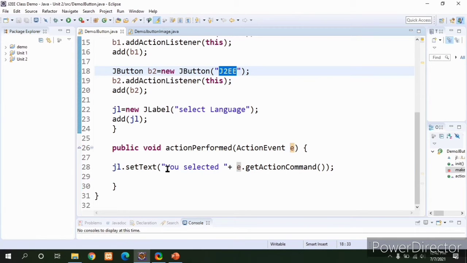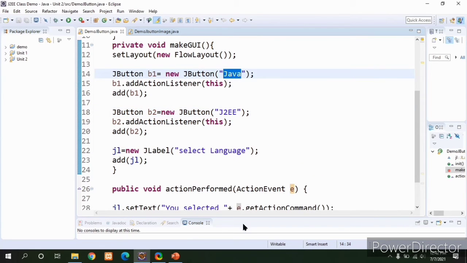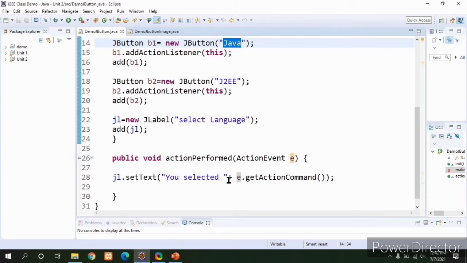Then it will display "You selected J2EE". If I click on the Java button, it will display "You selected Java". Based on which button we are clicking, the JLabel text will be set here by getting the action command, using the method getActionCommand. We will see the output now.